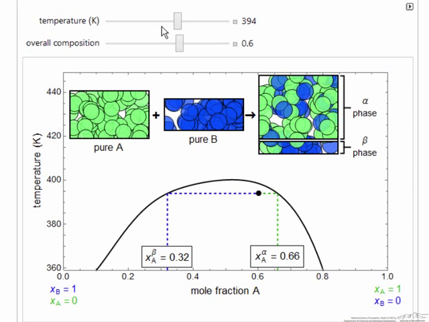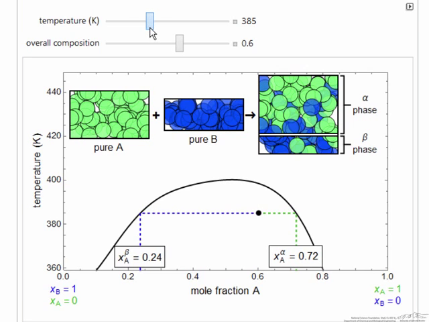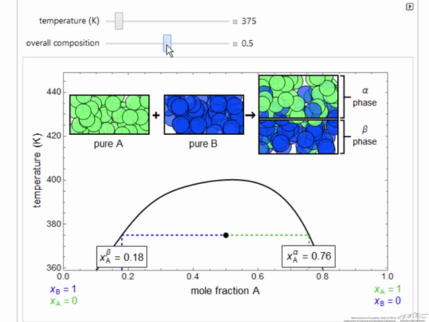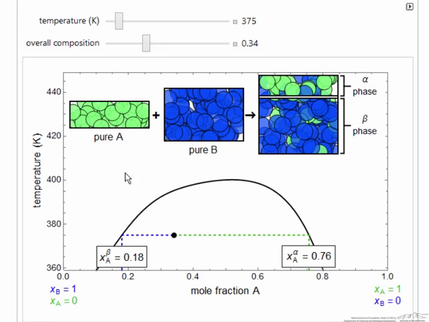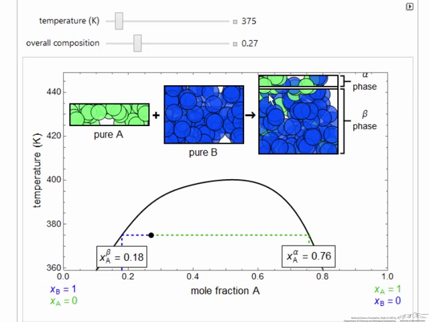So here on the interactive simulation, you can see as we lower the temperature, we change the compositions, and we have a wider composition range where we have partially miscible behavior. So I can change the mole fraction, and you can see the amounts of A and B that we're mixing together changes, and then depending of course on where we are in the mole fraction, the amount of beta phase is increasing as I decrease the mole fraction of A, and the amount of alpha phase is decreasing.